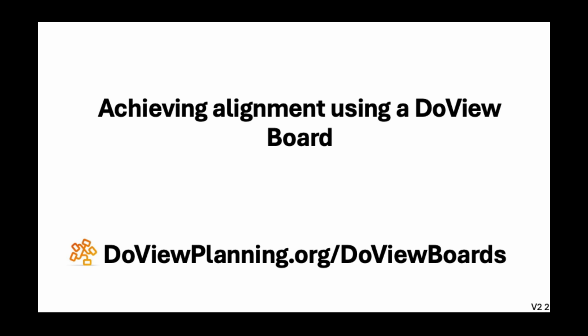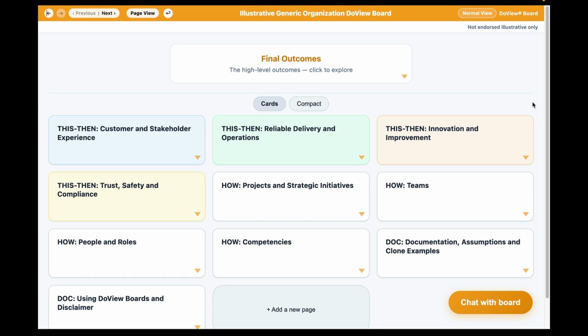This video is about how to achieve alignment using a DoView board. Alignment is crucially important because we've got to align our high-level outcome priorities with the projects or activities that we're doing within an organization. Have a look at the other videos for how a DoView board is set out, but